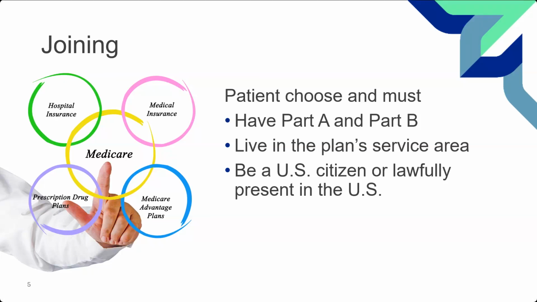When we say Part A and B, Medicare will refer to this as traditional Medicare. Part A is the hospital or the inpatient insurance, and Part B is the outpatient professional and supplier insurance. So hopefully that all makes sense to you. They do have to live within a plan's service area unless the plan is a national plan, in which case that is the entire United States. That is the service area. These plans can be offered only in certain geographical areas, which do include the U.S. territories. And you do have to be a U.S. citizen and lawfully present in the United States or its territories in order to be eligible.